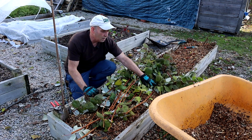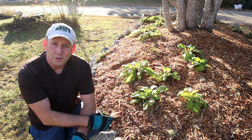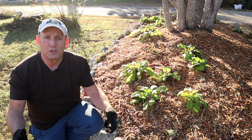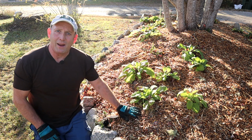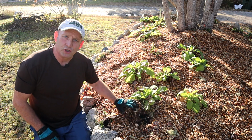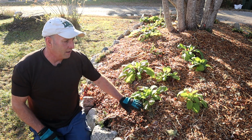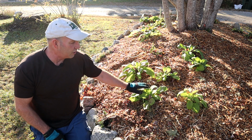So there we go. Talking of mulch, now it's a fantastic time to be putting the mulch down. There's a video up there, in whichever corner it is, with a good description of mulches and how you use mulches and why it's such a good idea. But it's a great time now. Get a good couple of inches of mulch down, and that'll protect the soil over the winter, prevent weed seeds from germinating, or minimize the amount of weed seeds germinating,